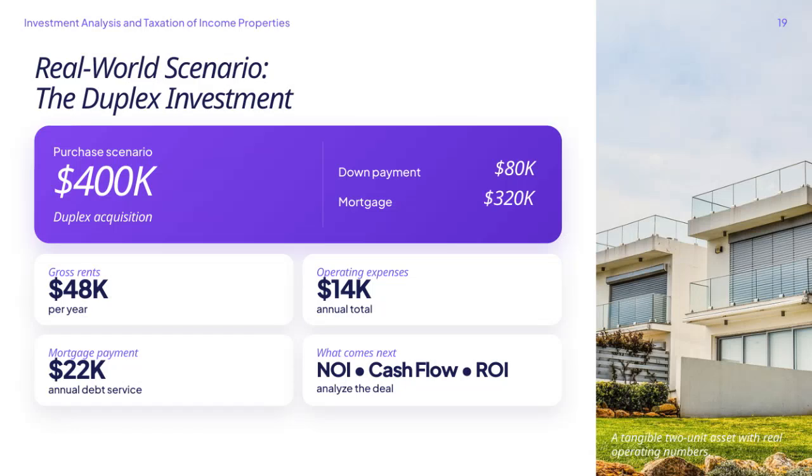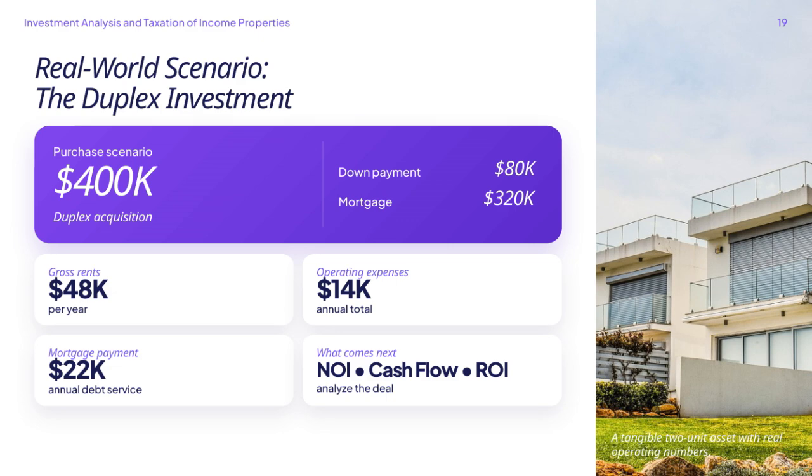Here we have a real-world scenario involving a duplex investment. The acquisition price of the duplex is $400,000 with a down payment of $80,000 and a mortgage covering the remaining $320,000. The property generates gross rents of $48,000 annually. From that, we subtract operating expenses, which are estimated at $14,000 per year, and mortgage payments totaling $22,000 annually. After covering these